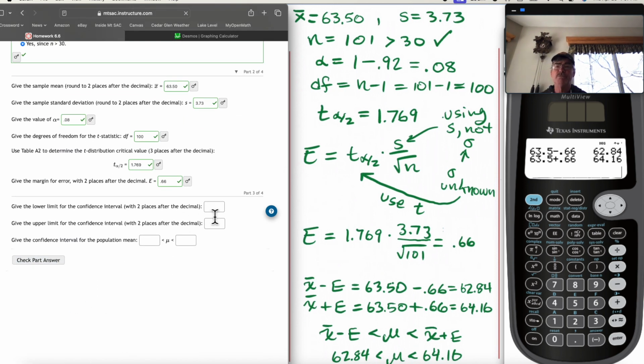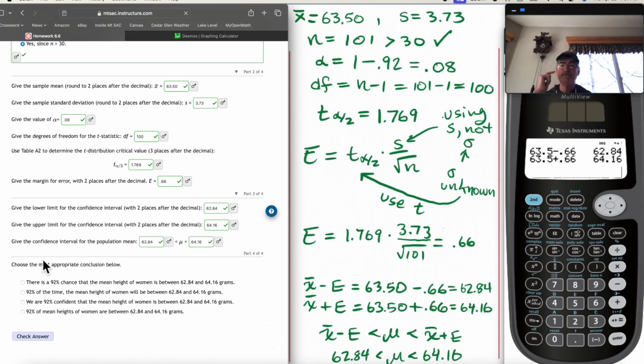Okay, the lower limit for the confidence interval down here, 62.84. Upper limit right here, 64.16. And then we'll just key those in again. Should be okay. And then